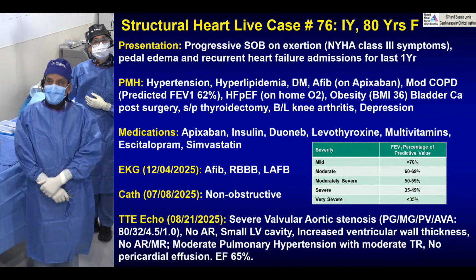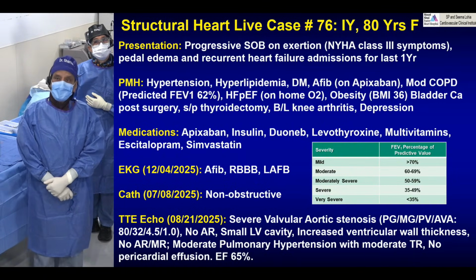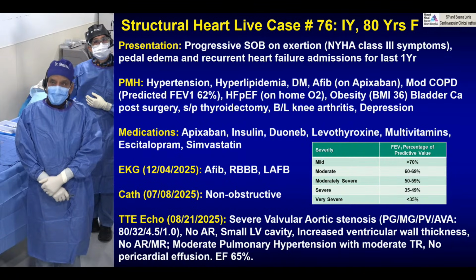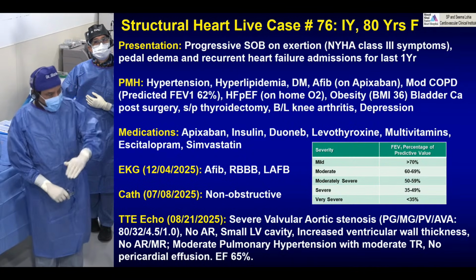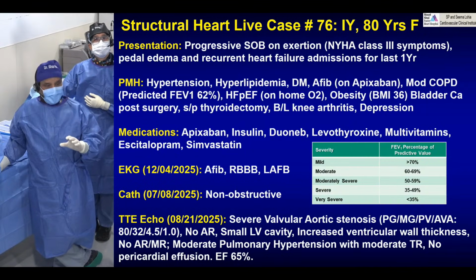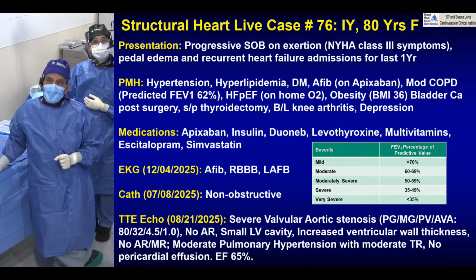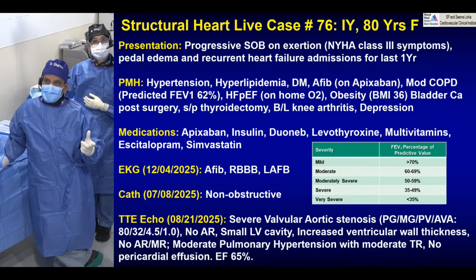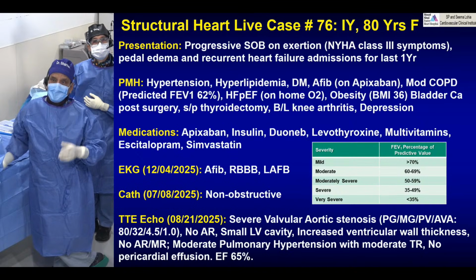So more than 70 is normal, less than 35 is very severe, and the rest is in between. This patient has a 62 predicted FEV1. And also the patient is on home oxygen because of COPD, although the EF is normal, and that really increases the risk. As you remember, in the PARTNER trial, original 1A, the patients who were on oxygen for COPD had no difference compared to not doing the TAVR, because those with COPD have a very limited lifespan of 6 to 9 months. Then the patient is obese with a BMI of 36, and has had a few cancer surgeries, medications, AFib,